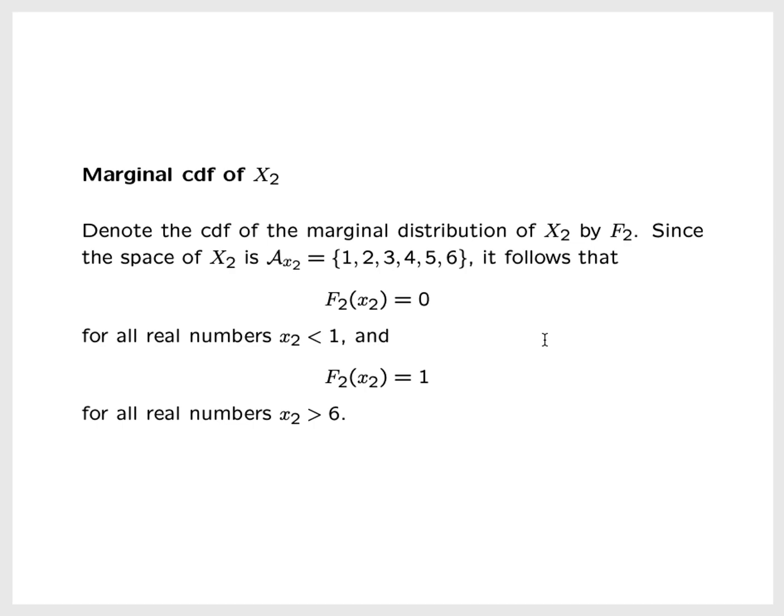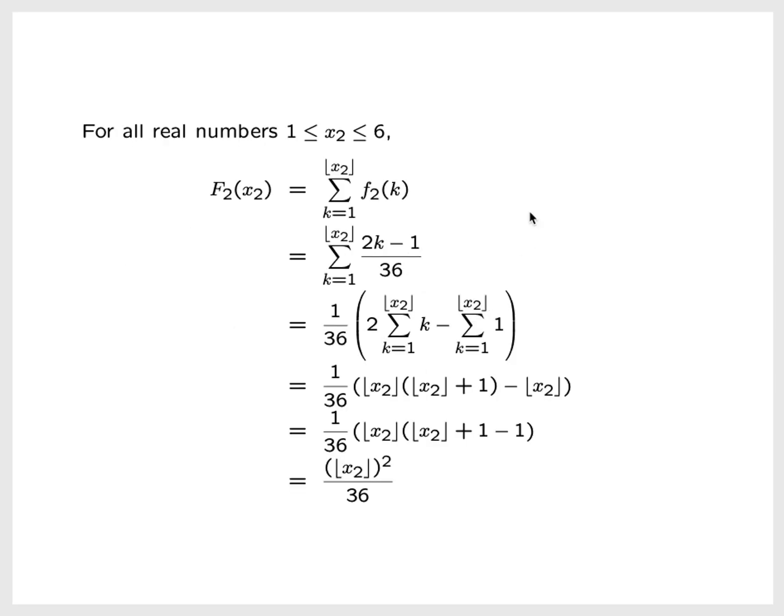Okay, then we want to find the CDF of the marginal distribution of x2, and so we'll denote it by capital F sub 2. Since the space of x2 is the set of integers from 1 through 6, it follows that the marginal CDF of x2 is going to be 0 for any value of x that is strictly less than 1. It's going to be 1 for any value strictly greater than 6. For values between 1 and 6 inclusive, and again, we're not restricting ourselves just to the integers, for any real number greater than or equal to 1 and less than or equal to 6,